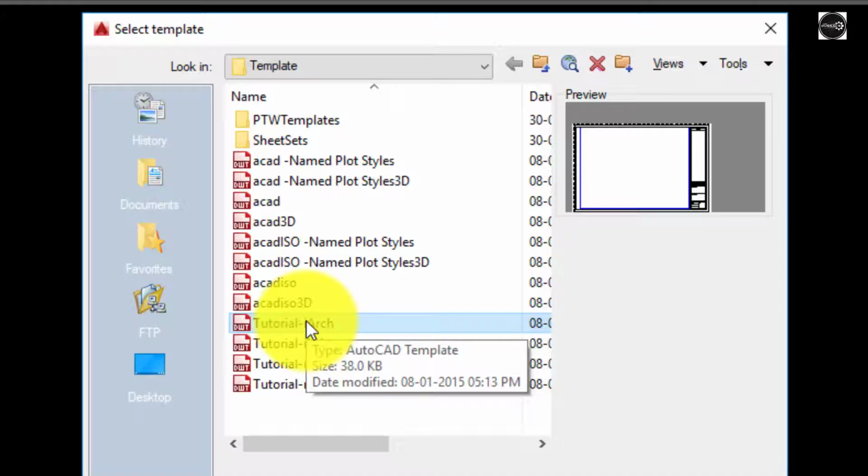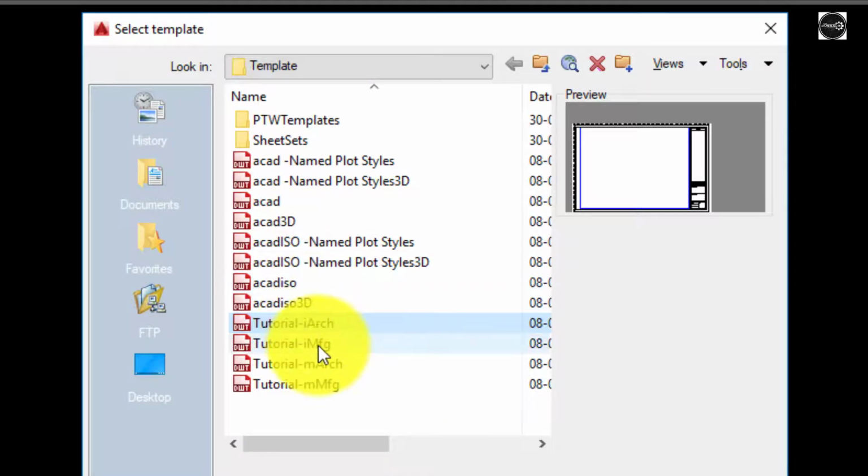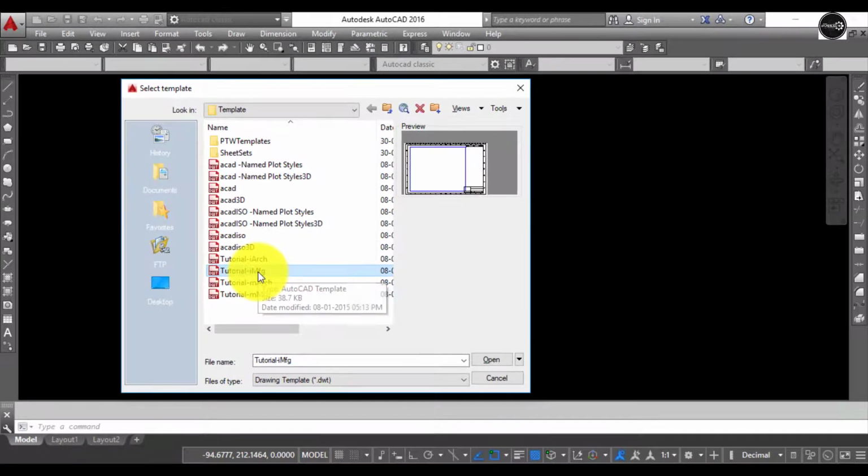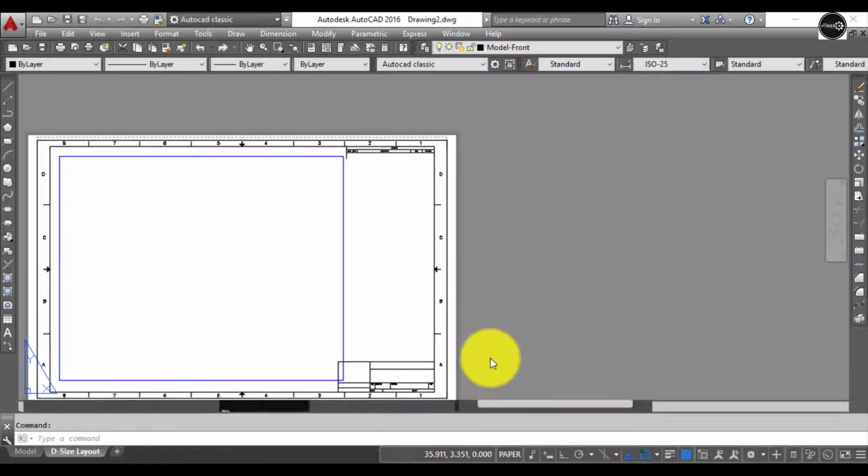Let me remind you, these default templates are pre-installed in AutoCAD as you install the software on your system. Here we can select different default templates like architectural, manufacturing. Suppose I want to do mechanical, I will go for tutorial manufacturing and select open.